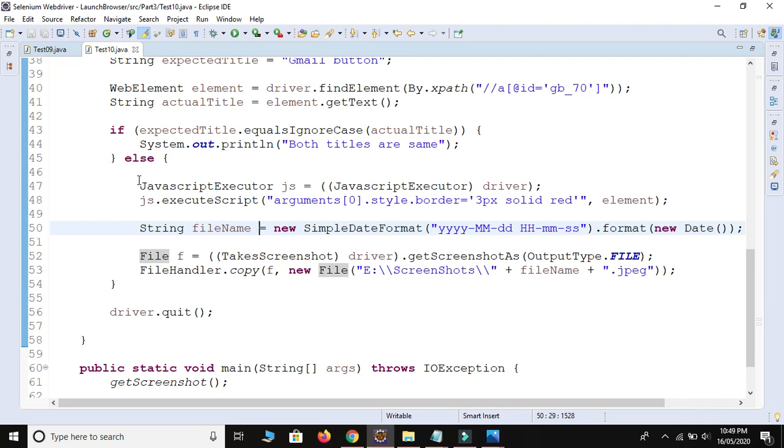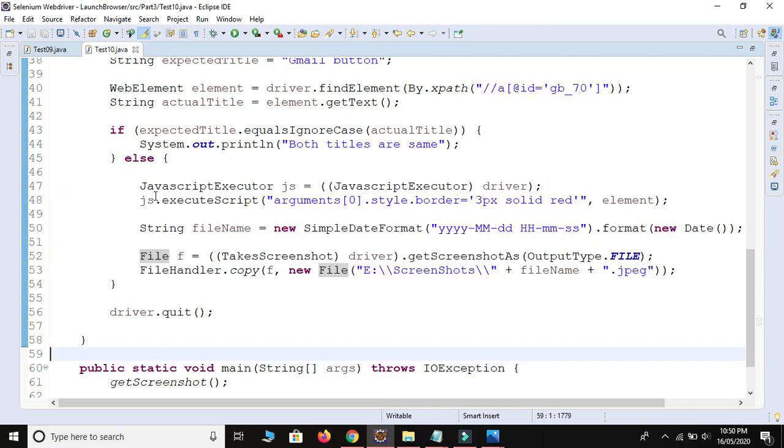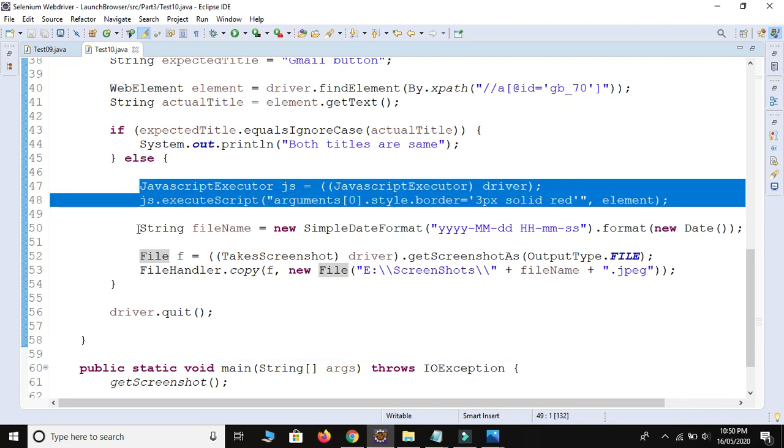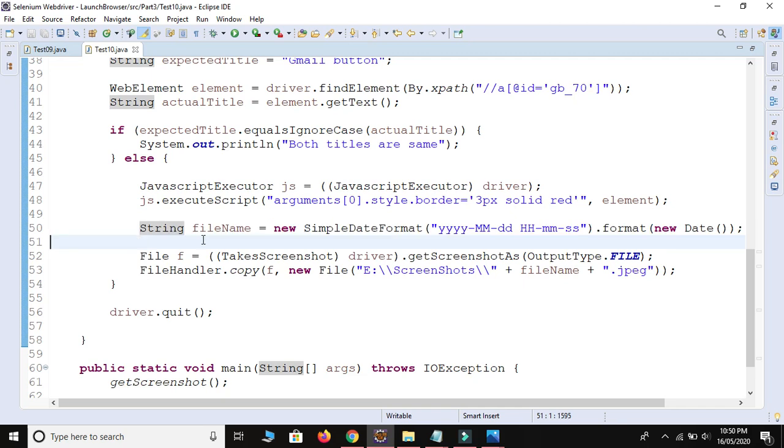And guys, I will share this code on my blog. Okay, and I will provide the link of my blog in the description box. So if you want to see this code, just open my blog and copy and paste whatever you want, but just understand the situation why I have written this code. This is for drawing the border and this is for taking the unique time, the unique name. Okay, so I will provide this code on my blog. Just open my blog and see how I implemented it.